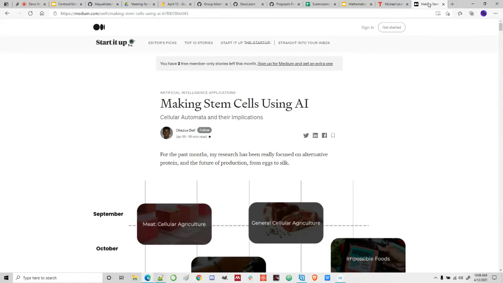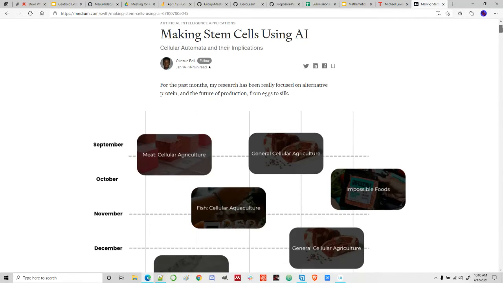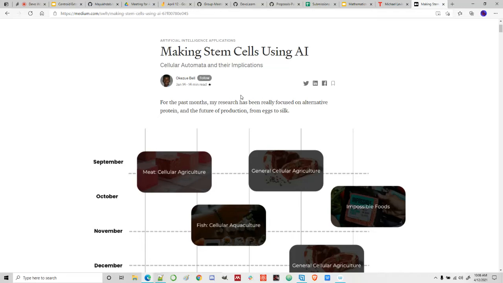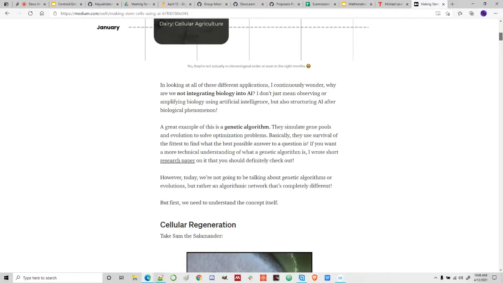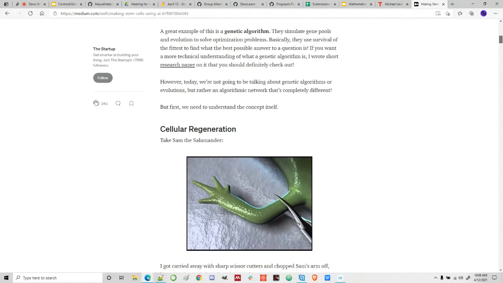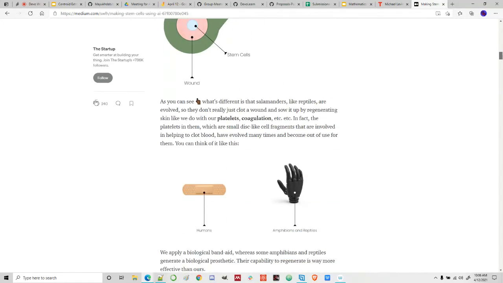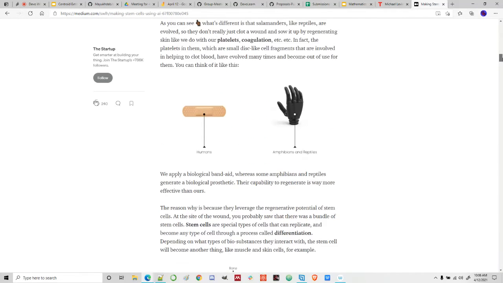Another thing that I wanted to talk about was this article. We've talked about cellular automata, and we've talked about how we might be able to use them to discover how pattern formation works and things like that. This is an interesting article I found on Medium. I think it's just a Medium article, but it's on making stem cells using AI. So it's kind of an interesting foray into cellular regeneration and then building computational models of things like regeneration,